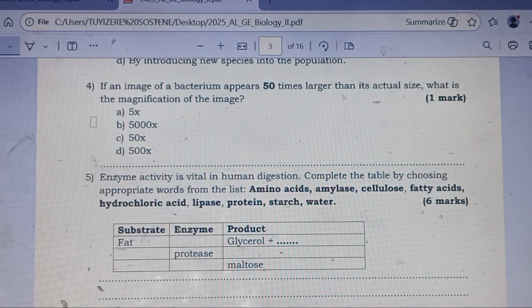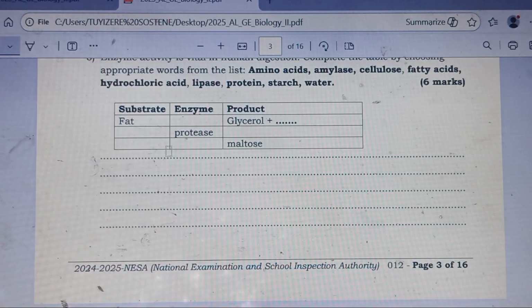Question number 4. If an image of a bacterium appears 50 times larger than its actual size, what is the magnification of that image? A. 5 times. B. 5,000 times. C. 50 times. D. 500 times. The correct answer here is C, 50 times. Question number